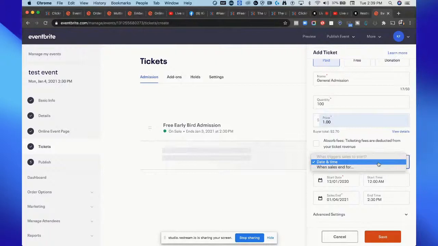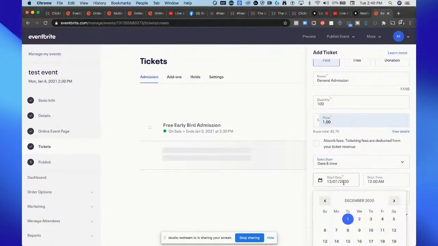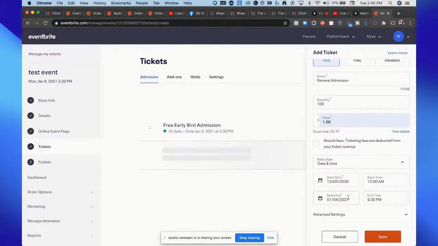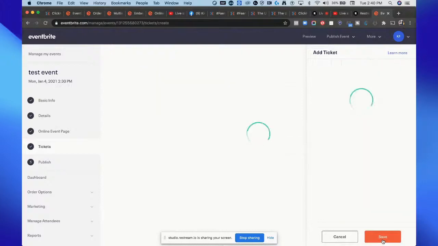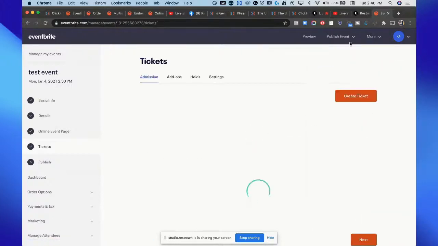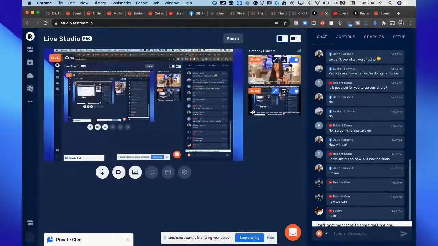Then you want to say, let's just say if they purchase from the 3rd to the 4th, then the price is $1. So if they didn't make the early bird admission, then the next thing that it'll show is that they maybe are not able to get a free ticket anymore, but they can still purchase the $1 general admission ticket. So this is inside of Eventbrite. And again, guys, Eventbrite is,